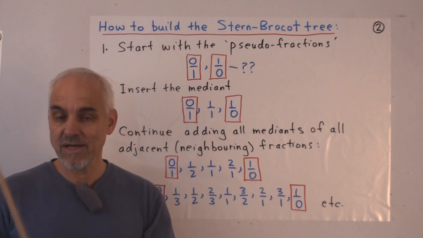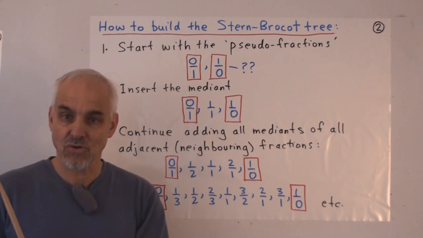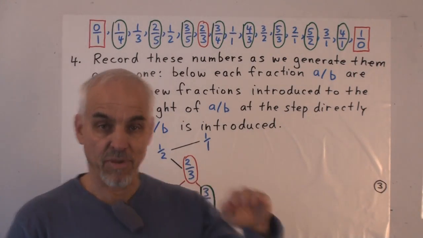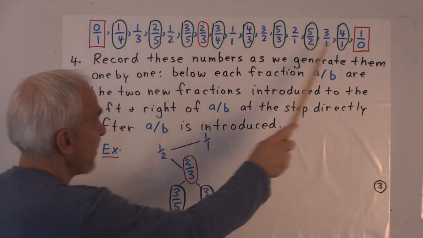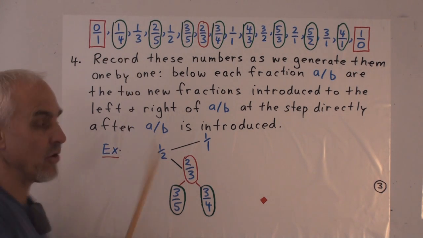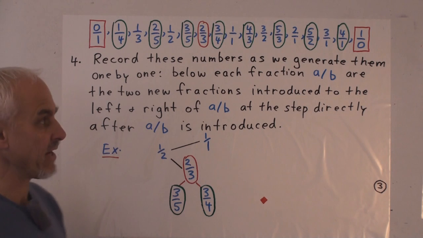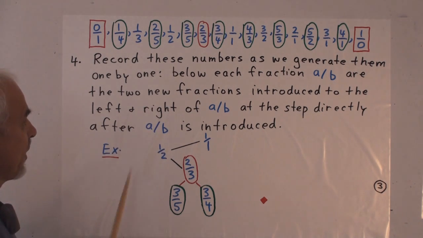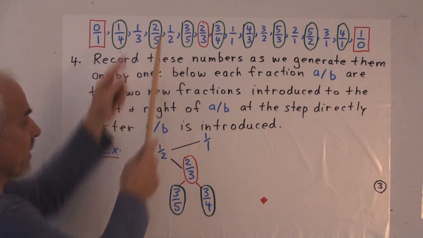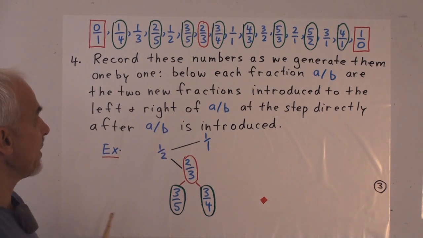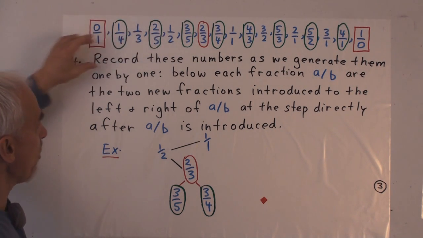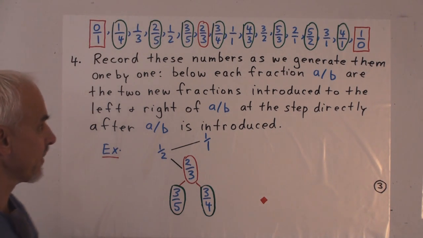We just insert all mediants between any two neighboring elements in the sequence. And so, for example, at the next stage, we would end up with this sequence where I've shown you in green the new elements that have been added to the previous sequence. So the 2/5 was added because it was the mediant of 1/3 and 1/2. It gets to be put in between 1/3 and 1/2. So we can continue generating more and more of these sequences.